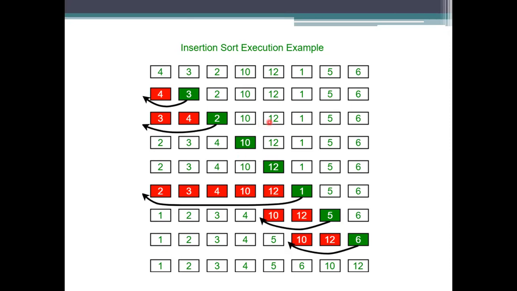These elements are in sorted order in some places and not in others. So we compare: if the element is greater than the previous one, it stays there; if it is less than that value, it will be placed in its own position. If the elements are already sorted, there is no problem.